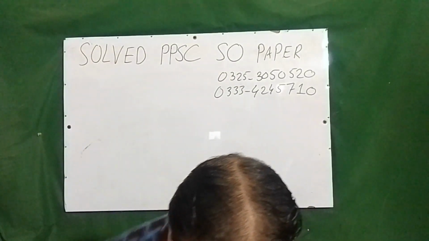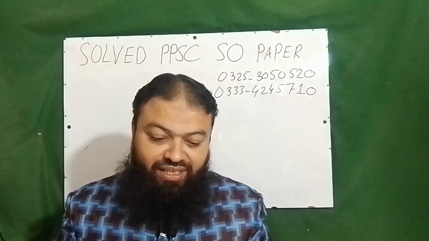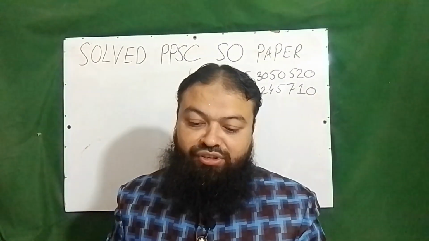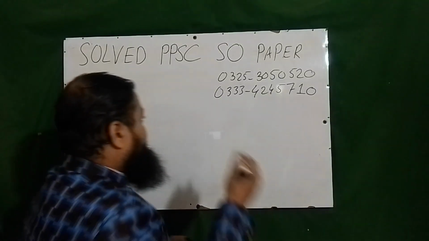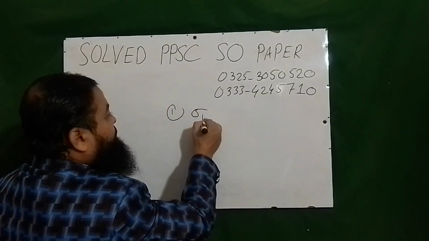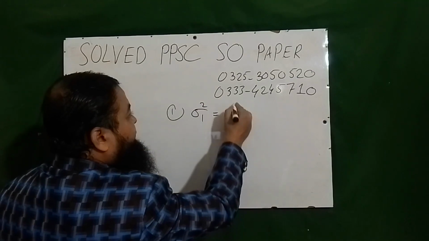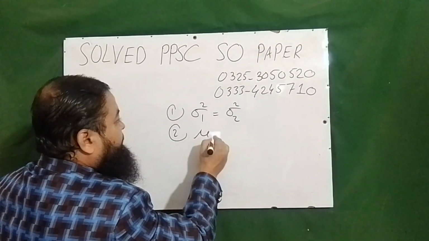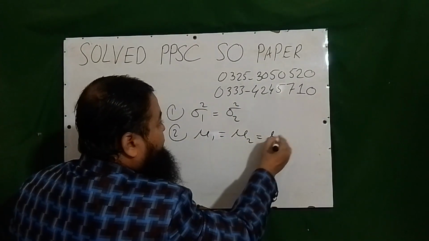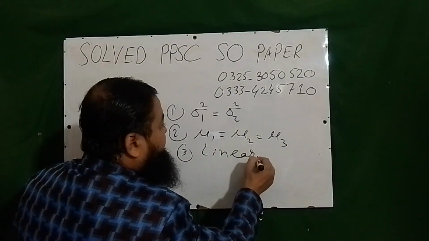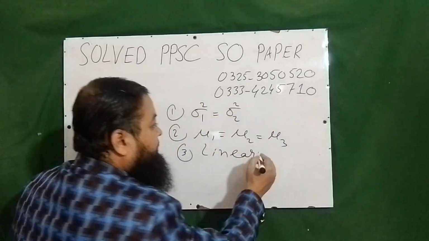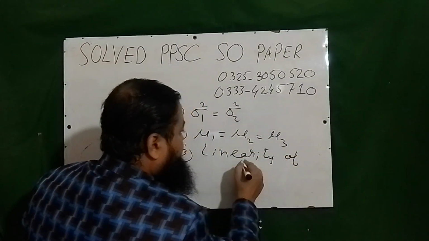Let's start, please. Question number 1. Which test is used for equality of two population variances? Very, very important question. We know if you want to test two population variances, or more than two population means, if you want to test linearity, overall significance of the regression model, linearity of regression,